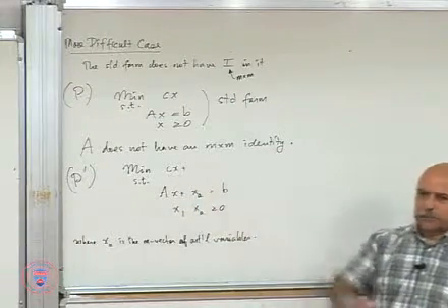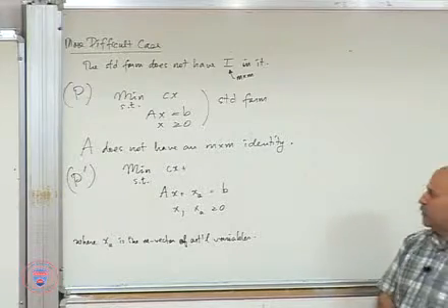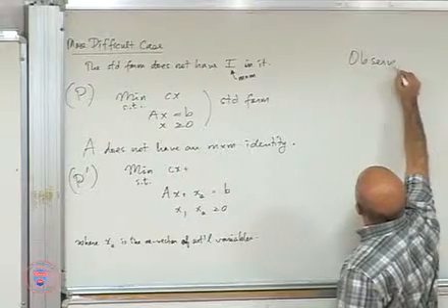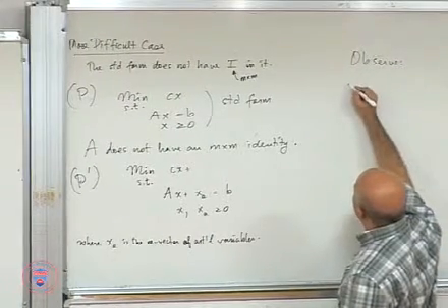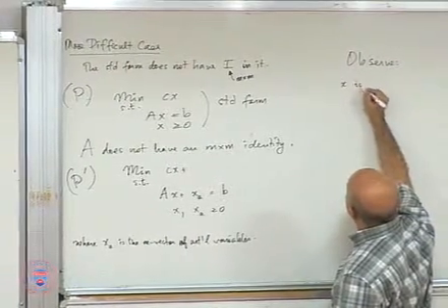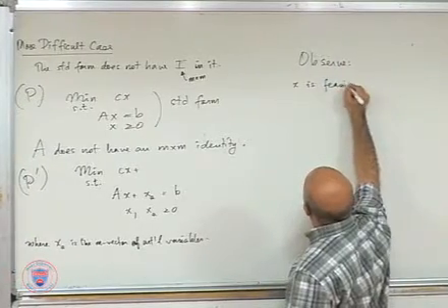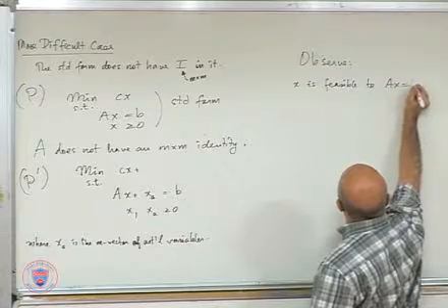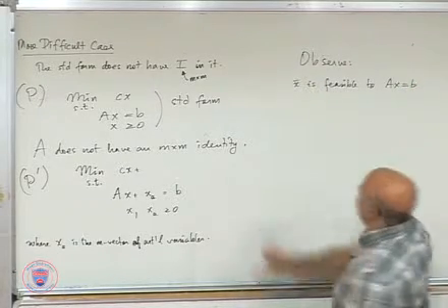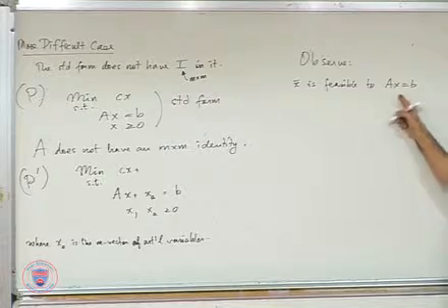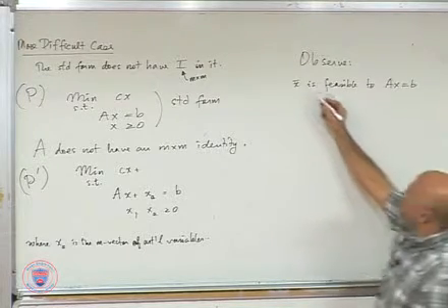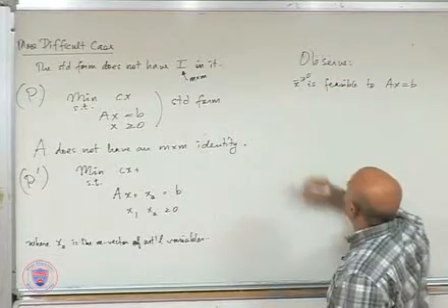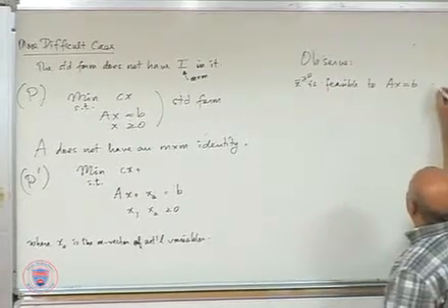Now, forget the objective function for a moment. I changed the problem. So what you need to observe is the following. X bar is feasible to AX equals B, in other words, satisfies this. And of course, I'm assuming non-negativity is satisfied. If and only if